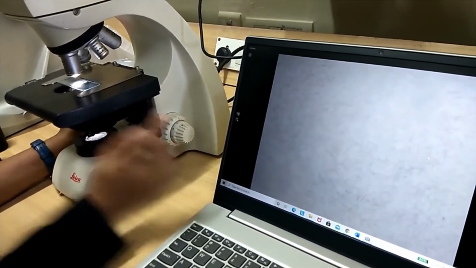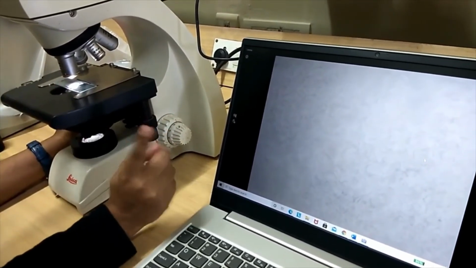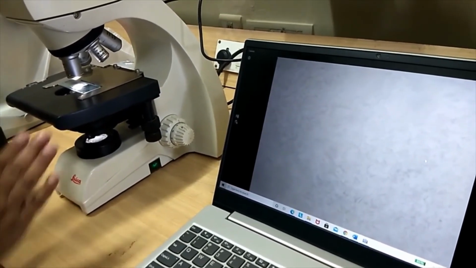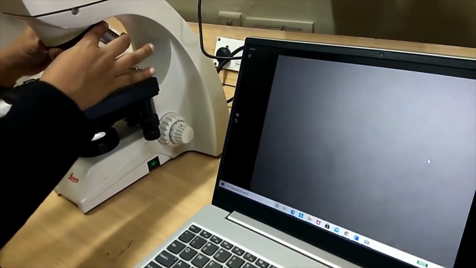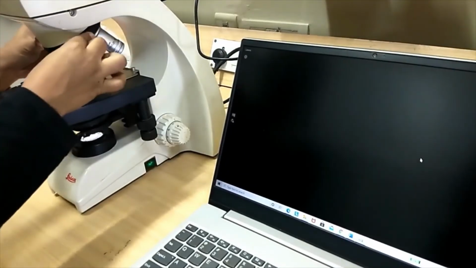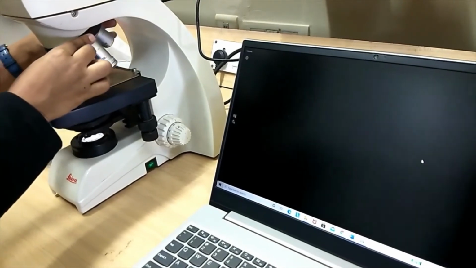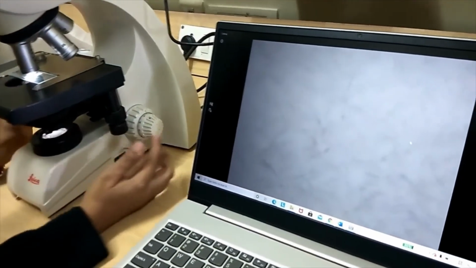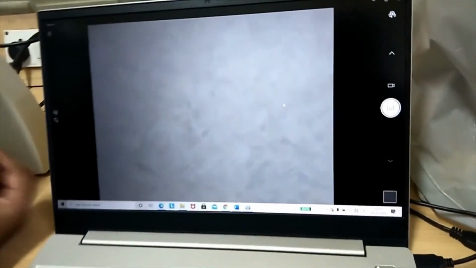Now I'm more interested in how my sample will look at a higher magnification. So all I have to do is move the turret in a clockwise manner and reach a higher magnification. We are currently looking at 40x, and as I said, when you reach a higher magnification, all you have to do is a fine adjustment.